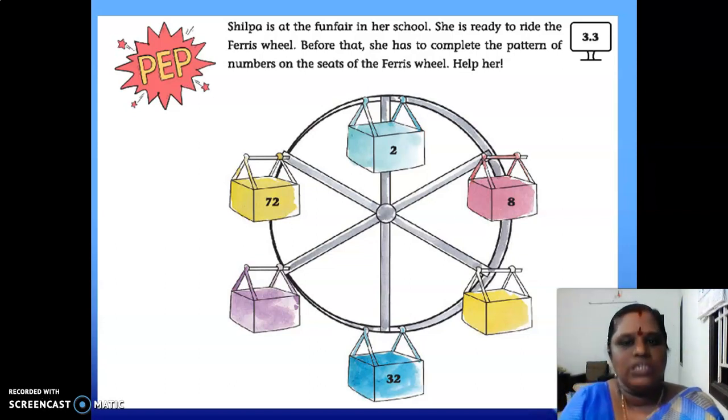So this is an entry point for the next thing we are going to learn. Please try to find the answer for this fun fair in the school. You want to fill the pattern of the numbers for the seats.